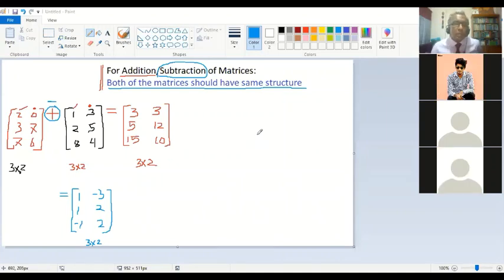Okay, very good. So let me now explain what is the meaning of this. Now we can do addition, very good. We can do subtraction, that is also good. So what is the meaning of this result? Why should we add or subtract, and what result do we actually get? Let me go back to the discussion we did in the last class.